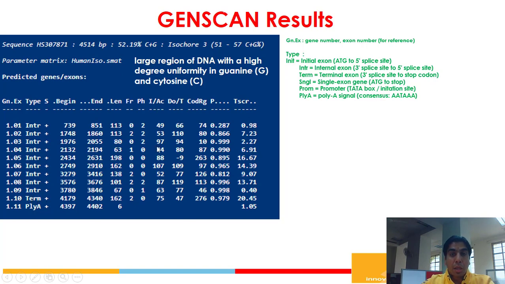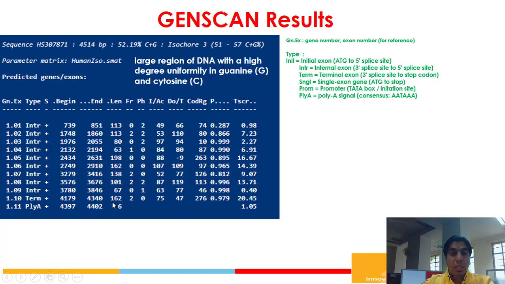If promoter regions are present, the promoter represents the structural regions, while exon or mRNA sequence, or you can say ESTs and cDNA, all represent the functional region. So the best thing about GenScan is that it predicts both regions: the structural region that involves promoter sites and transcription factor binding sites, and the functional regions in terms of exons, cDNA, mRNA and ESTs. There is also a poly A tail available here in this case.